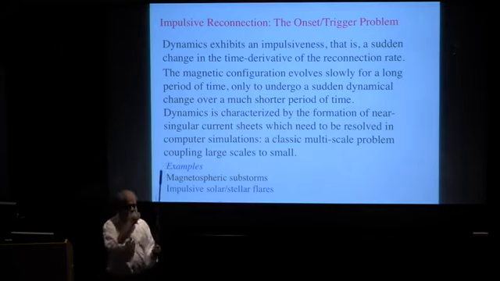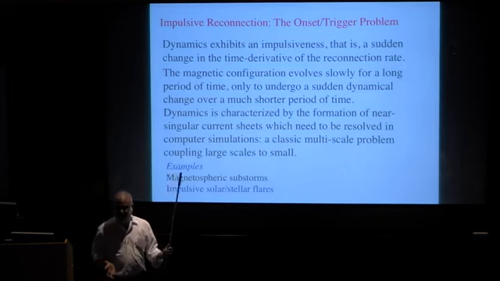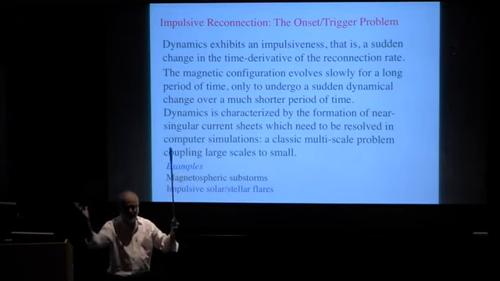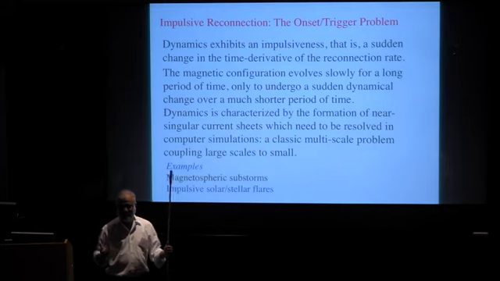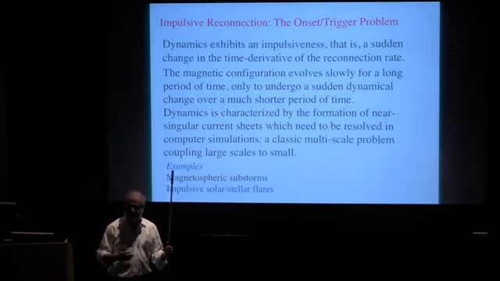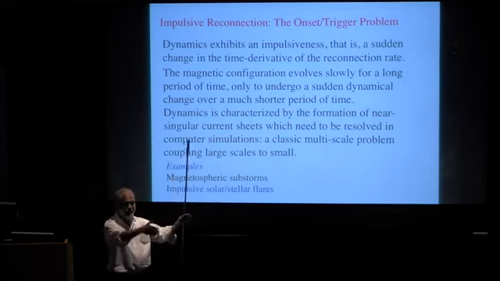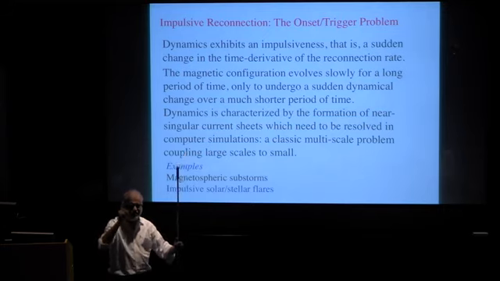Steady state models have a big problem. You set del del t equal to 0, but a flare is not steady state. The sun is quiet and bang, it goes, right? So there's an impulsiveness in the process. Any theory which pretends to account for a flare-like phenomenon or gamma ray bursts or whatever has a huge challenge. The challenge is that you must explain the quiet times along with the active times. Somehow the magnetic configuration rests for a long time and then bang, it goes. What accounted for this sudden onset?